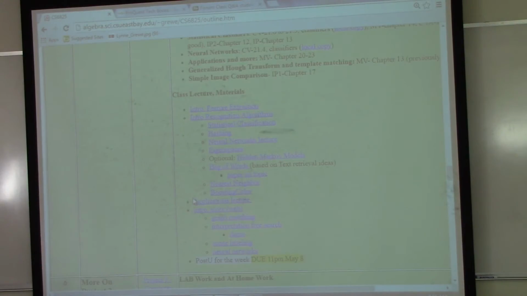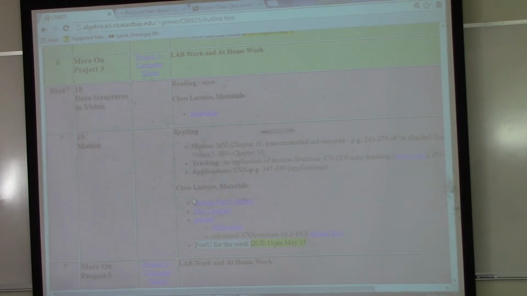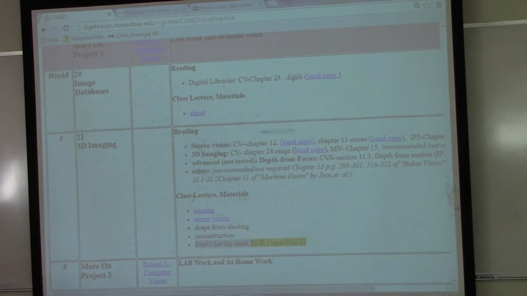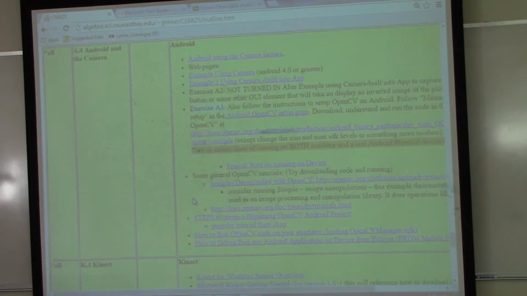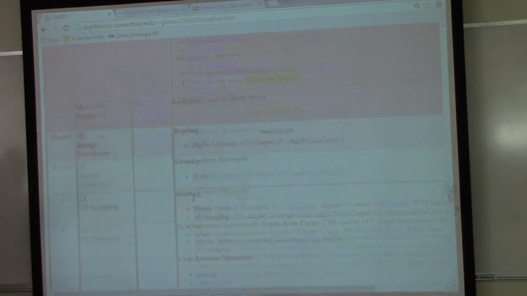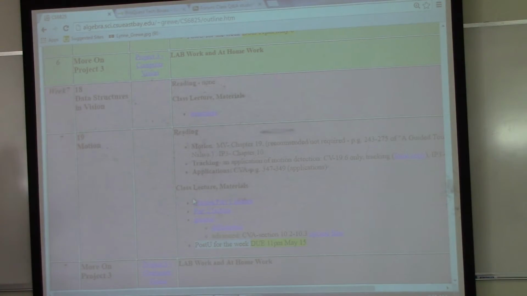Week 6 is, I don't even know what that color is, misty green. 7 is pink. 8 is white. 9 is gray. And then this is, we will start assigning it in the middle. It has to do with Android and Connect. There's no week 10 because that's really like a floating week for that last material, so things will move depending on that.